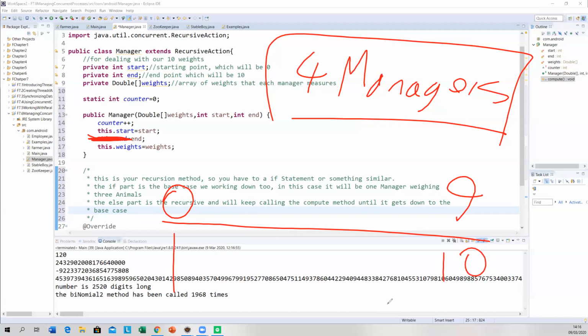Right. Now, so what we want to do is we want to make sure, so this is the start. This is the end. Okay? So how do you get the difference between the start and the end? You subtract that one from that one.